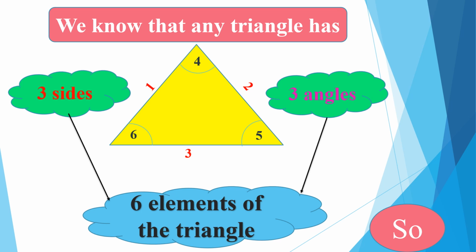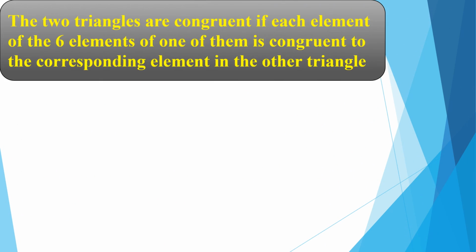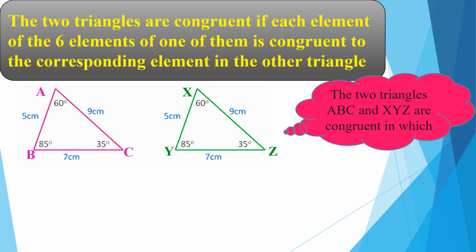So, the two triangles are congruent if each element of the six elements of one of them is congruent to the corresponding element in the other triangle. The two triangles ABC and XYZ are congruent in which